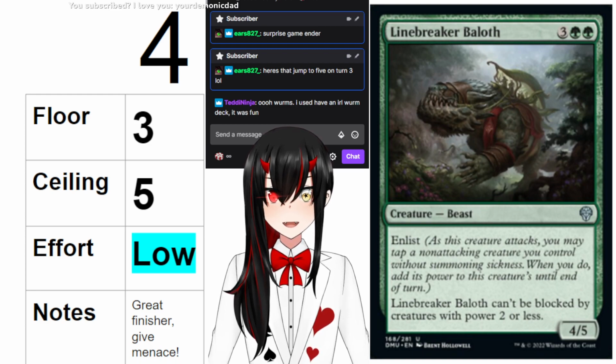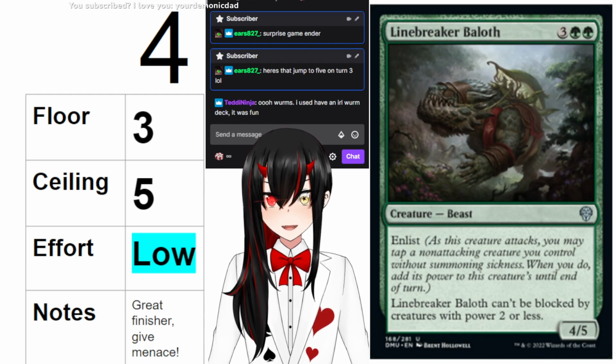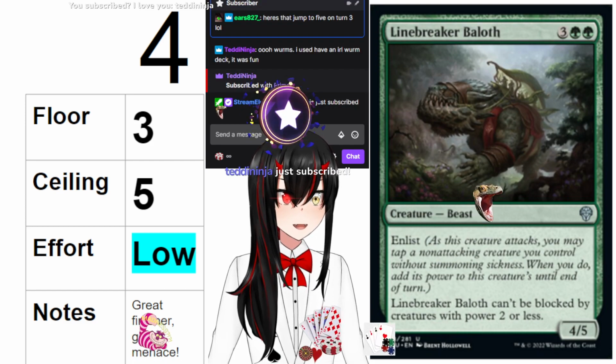This card is solid and usually great. It's a 4/5 that can't be blocked with power 2 or less, which means that if I enlist this with, let's say, another one, if I get it up to 8 power, they have to throw away